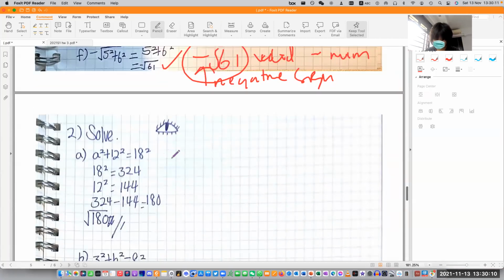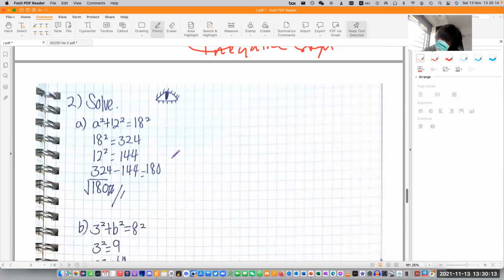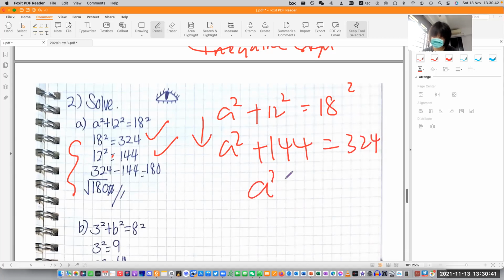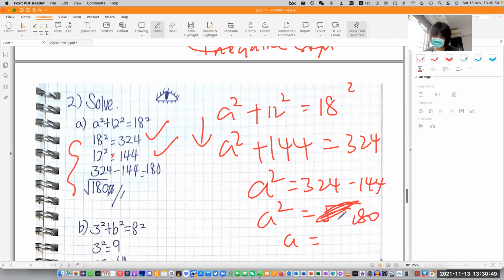Next, solve question 2. 180. Let me see. How come it looks so weird? Oh, okay. I'm trying to read this. The way you present your answer, in fact, you can do it this way. I'm talking about the presentation. You just do it vertically, up, down. So this will get you 144, and this will give you 324. And then you just continue doing like this. And then a squared is equal to 180. So a is equal to, oh, by the way,